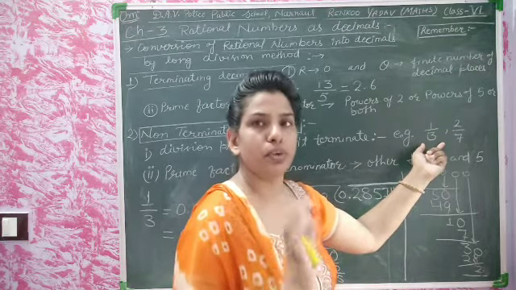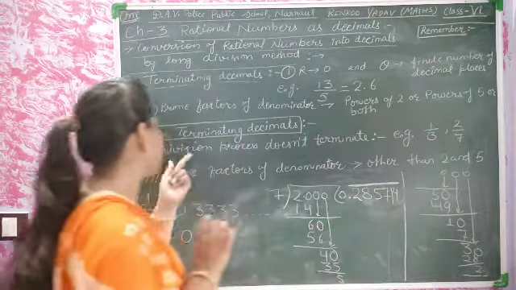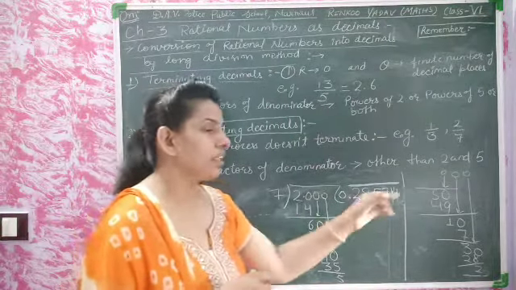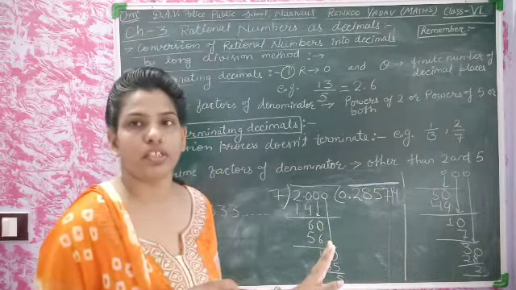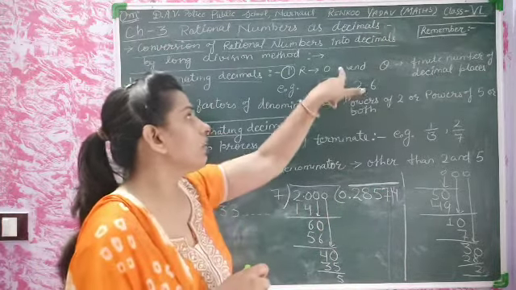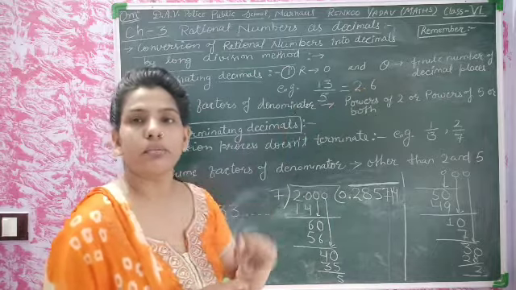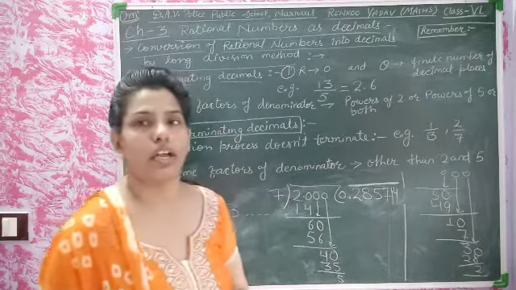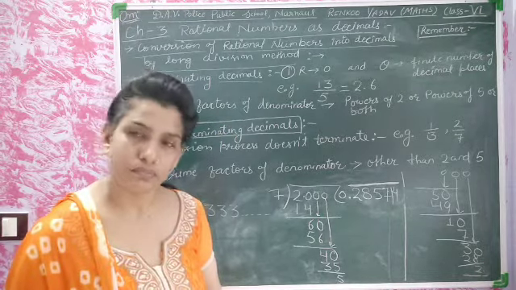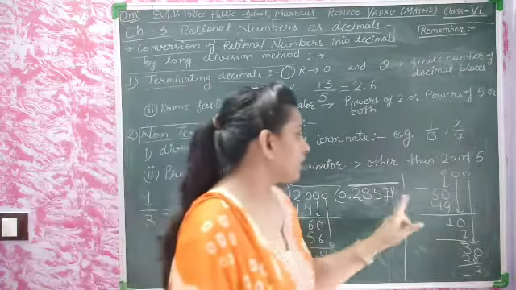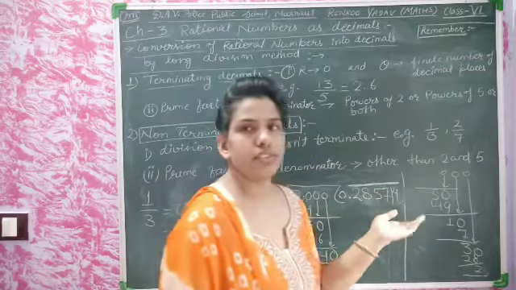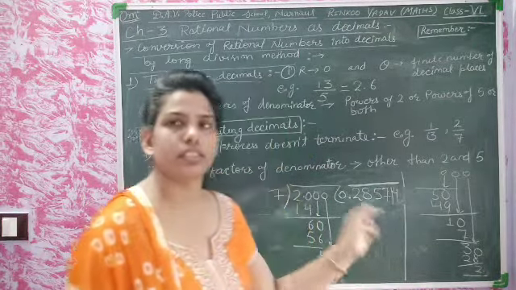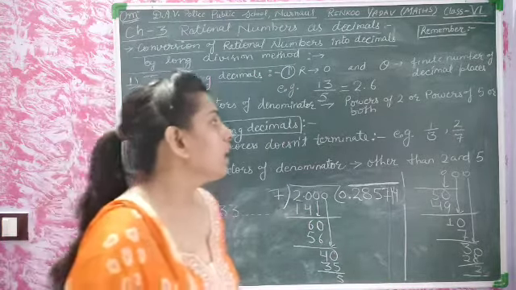It is compulsory that this is a non-terminating decimal. And we will find here that there must not be any 0 in the remainder, because if the remainder is 0, it means that it is a terminating decimal. It means we have to find here the repeating number or any non-repeating number. Is this clear, students? We will find at least 10 digits after the decimal, then we will find whether this is repeating or not repeating.